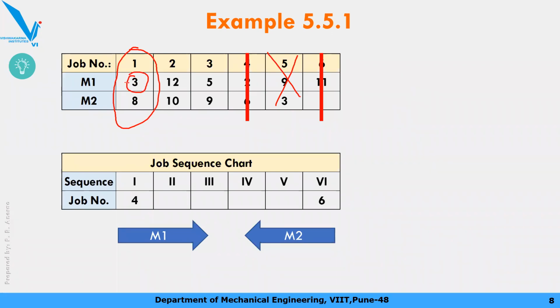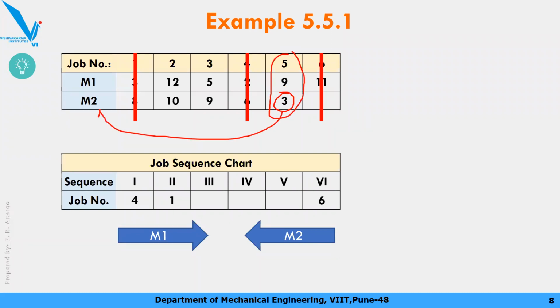The minimum processing time 3 belongs to machine 1. So machine 1's sequence is left to right. Okay, so this job number 1, you have to write it here. If 3 was here, we would have written it there. Okay, so job number 1 is over, sequence second. Job number 1 will be your second job. Then again look for the least value. 3 is the least value, right. So this fifth job we are going to assign now, and it belongs to machine number 2. Okay, so machine number 2's sequence goes right to left. So here we are going to assign job number 5 and we will cross this out.